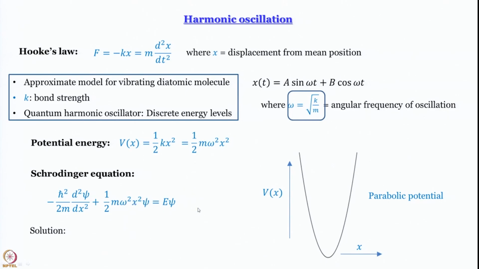Now, there are two ways of finding the solution of the Schrodinger equation for a harmonic oscillator. The first way is the power series method, a sort of brute force method, which is of use in many other applications as well. I am not very sure whether we want to do it here, but we will see. The method that we will definitely work out is the algebraic method using ladder operators. This is a fantastic method and it introduces us to this very important concept of ladder operators, as we will